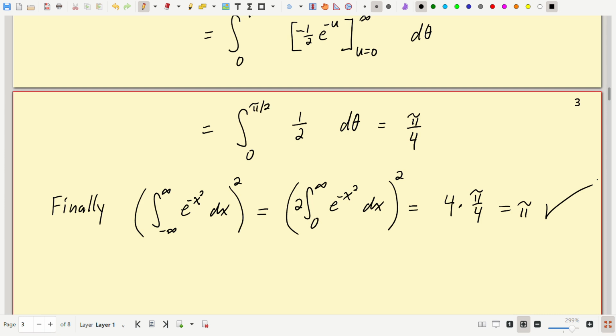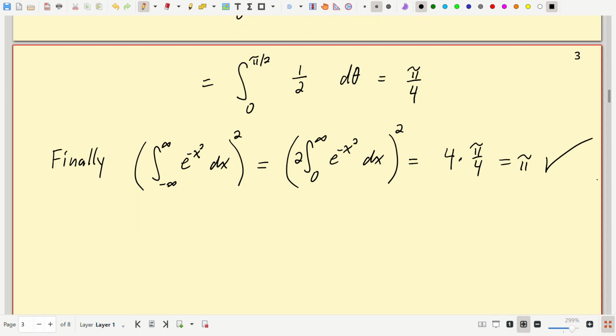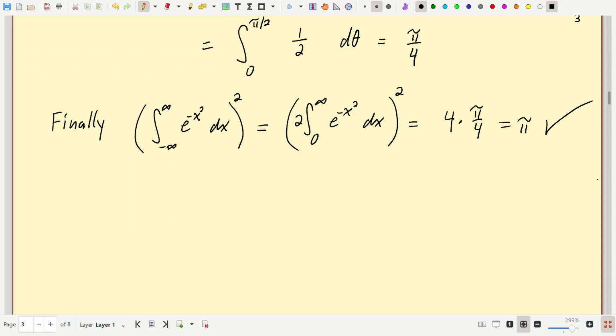So check. To get that normalized, I need to divide it by square root of pi in the beginning. Anyway, Stein likes that calculation, and you'll find it in the book too. Okay. Now that I've got my phi sub epsilon, let me show you the famous use of phi sub epsilon.